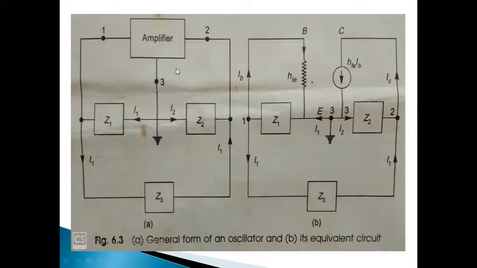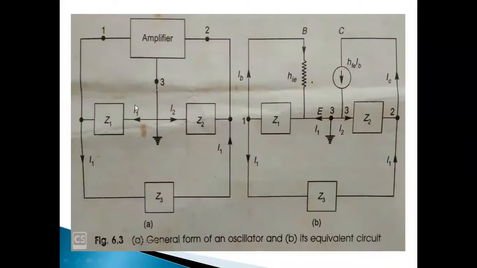and the conditions of Barkhausen criteria, one of the conditions of Barkhausen criteria is satisfied. Okay, so we will discuss the conditions in a Hartley and Colpitts oscillator when we take some inductors and capacitors in the circuit. So let us derive the equation. Let us derive the general form of this circuit to satisfy the Barkhausen criteria.